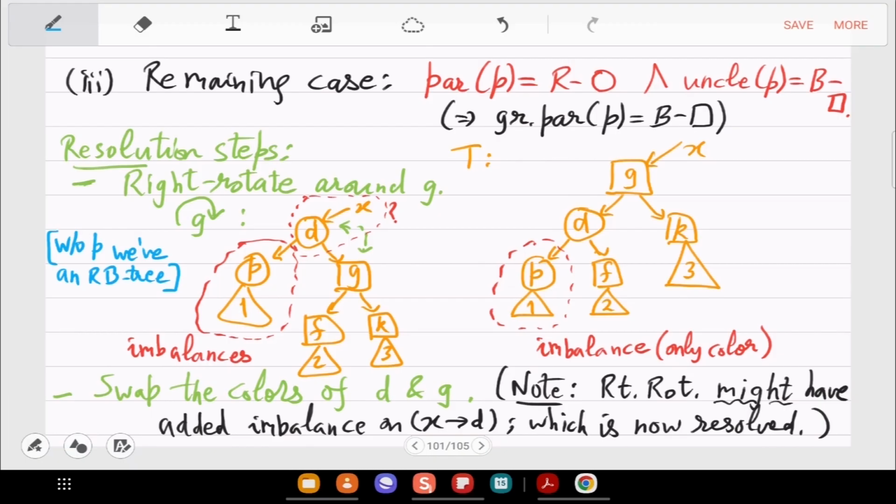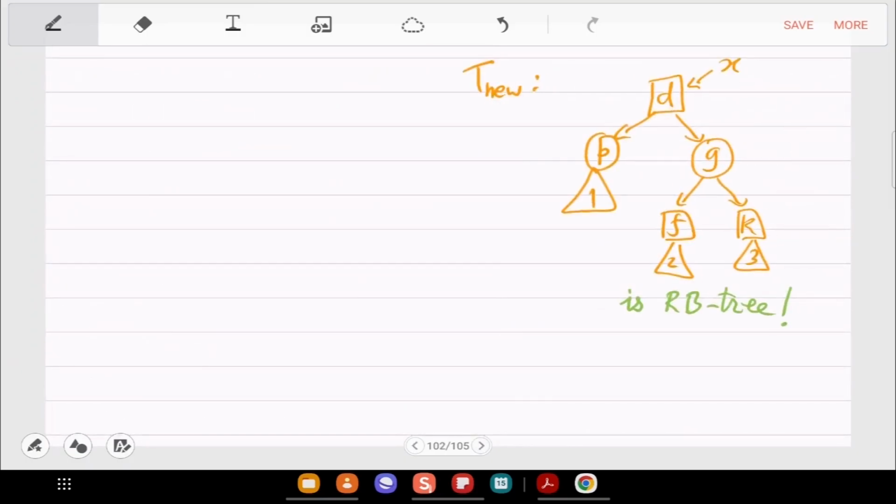It's more abstract, but certainly you can apply it to insertion of just P also. That's fine. Okay. So then we are basically done with insertion. So what we have deduced at this point is that this new tree is an RB tree.